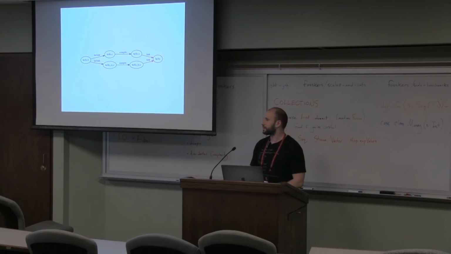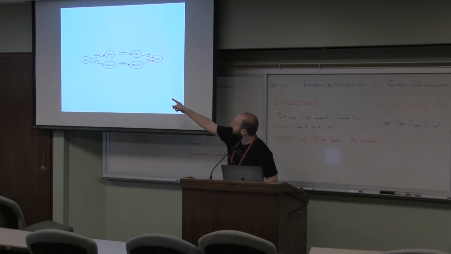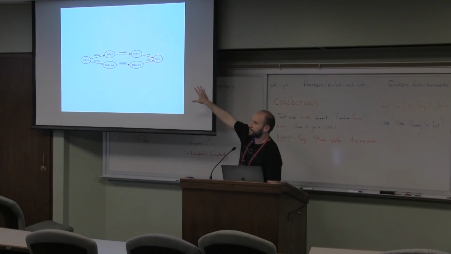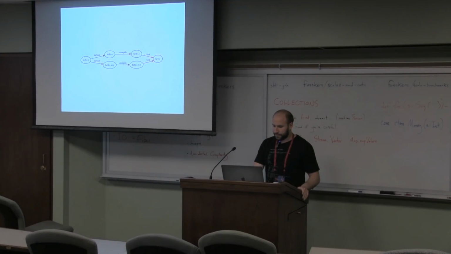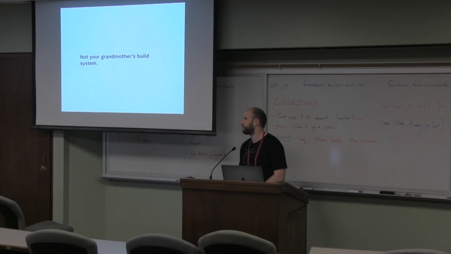Build systems usually do something like this, right, where hello.h is a file, hello.c is a file, hello.io.c is a file. There's some relationship among all those. We compile those two to get object files, and then we link those together to make an executable. And so there's this directed acyclic graph going from left to right, and then hello there is the final executable. And we can do this sort of thing in Ford, but Ford is not